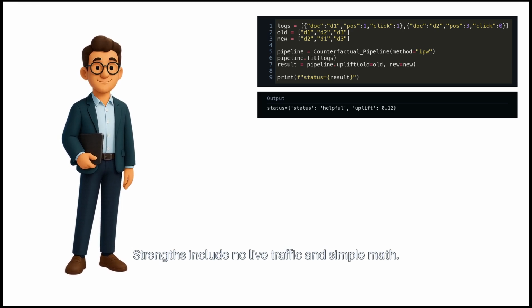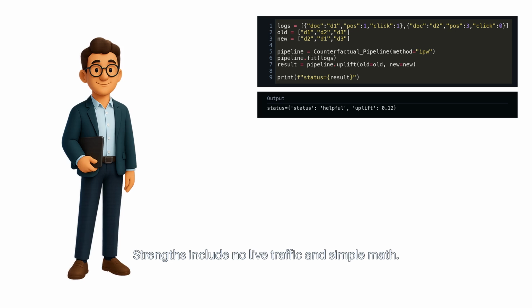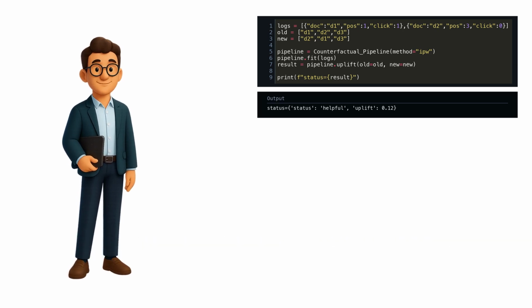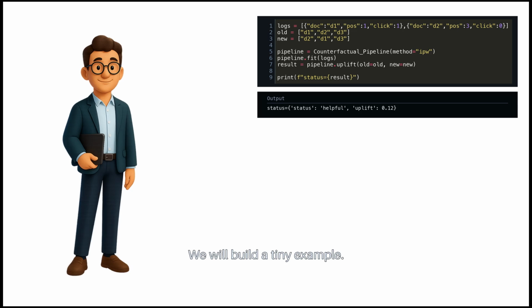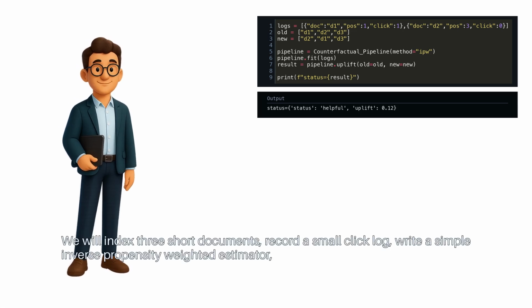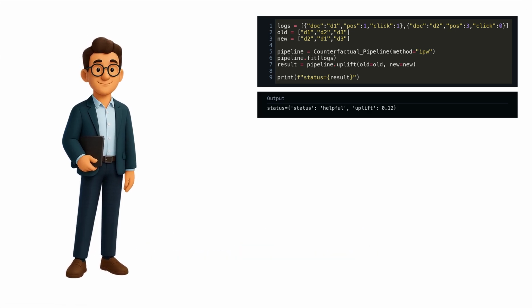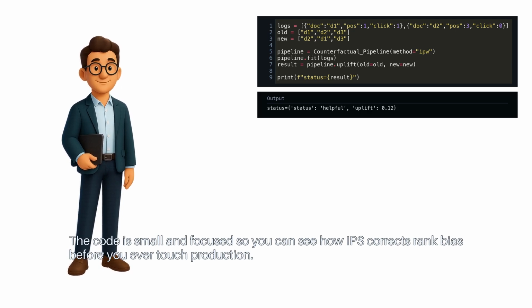Strengths include no live traffic and simple math. Weaknesses are that variance can be high and propensities must be reasonable. We will build a tiny example. We will index 3 short documents, record a small click log, write a simple inverse propensity weighted estimator, then compare a changed BM25 configuration. The code is small and focused, so you can see how IPS corrects rank bias before